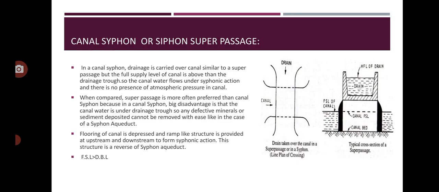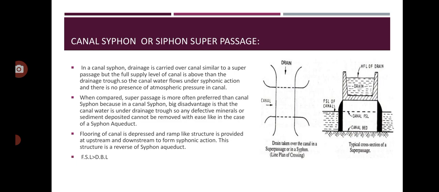The canal siphon, or siphon super passage, is another type. Here the drainage is carried over the canal, similar to the super passage, but the full supply level of the canal is above the drainage trough. So the canal water flows under siphonic action, that is, under pressure without any atmospheric pressure. When compared to the canal siphon, the super passage is more preferred,